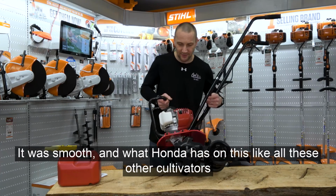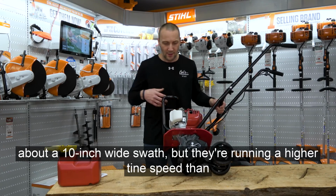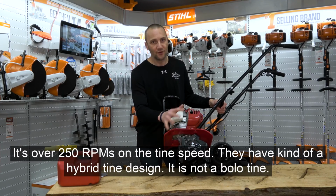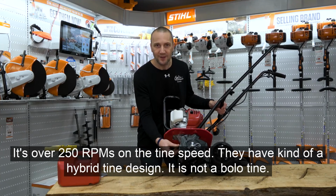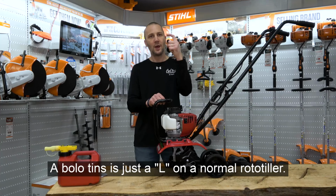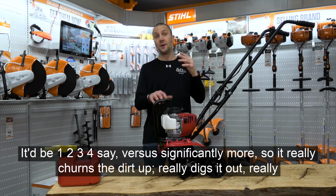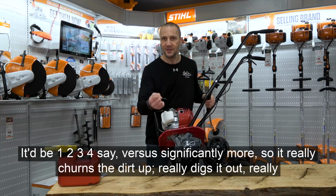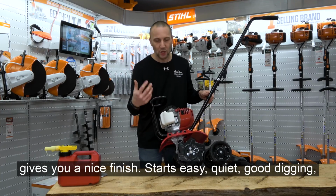And what Honda has on this, like all these little cultivators, about a 10-inch wide swath, but they're running a higher tilling speed than anybody else. It's over 250 RPMs on the tilling speed. They have kind of a hybrid tine design. It's not a bolo tine. A bolo tine is just an L on a normal rototiller. It'd be 1, 2, 3, 4, say, versus you got significantly more. So it really churns the dirt up, really digs it out, really gives you a nice finish. Starts easy, quiet, good digging,